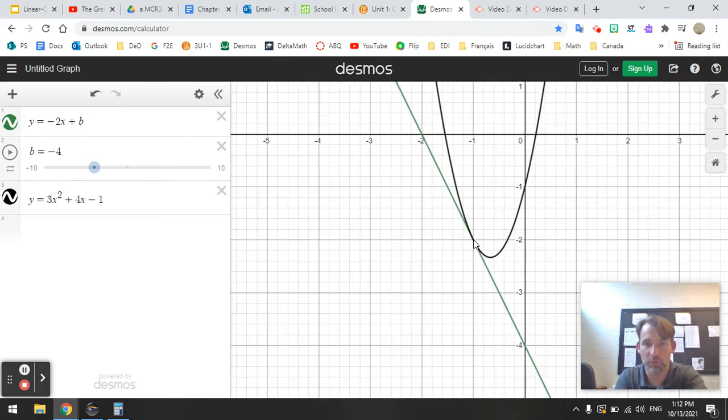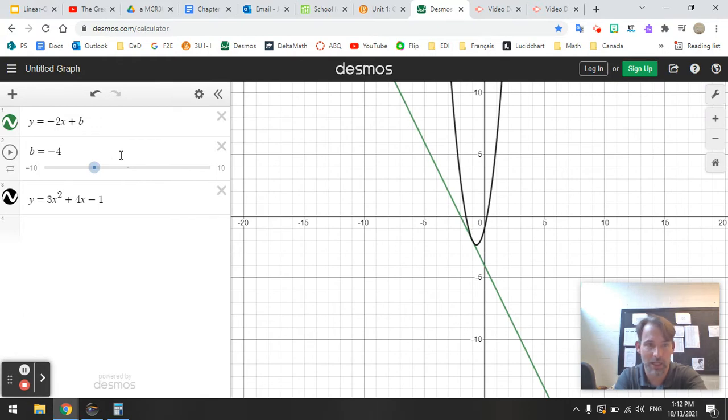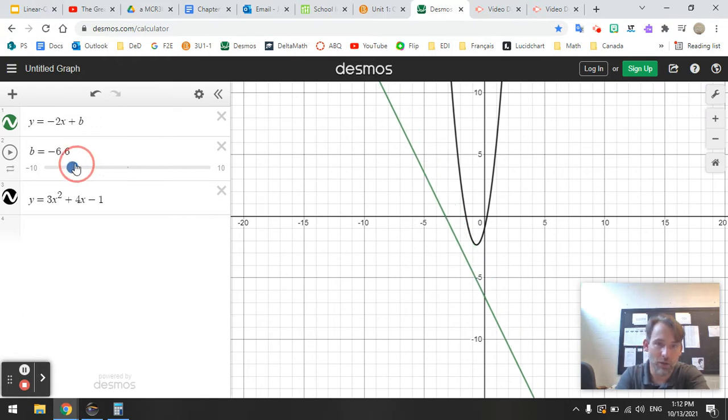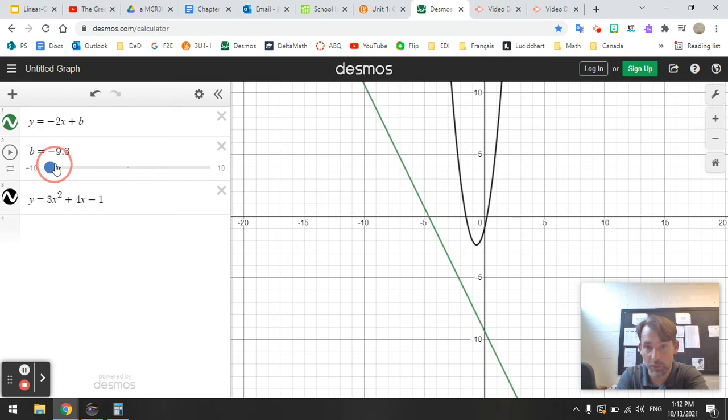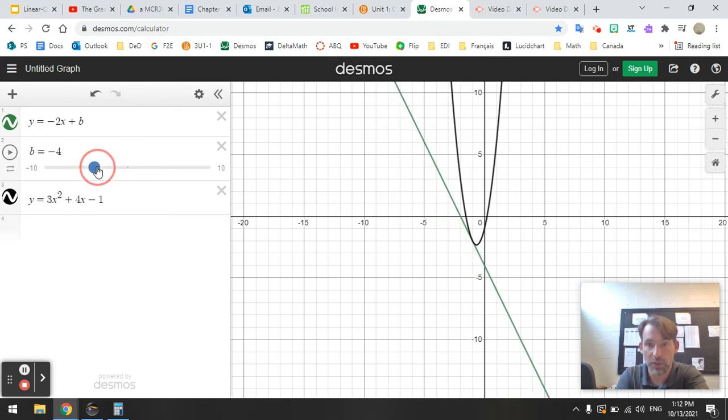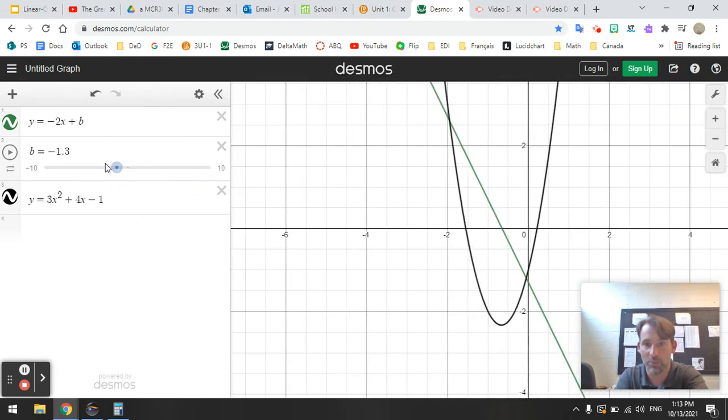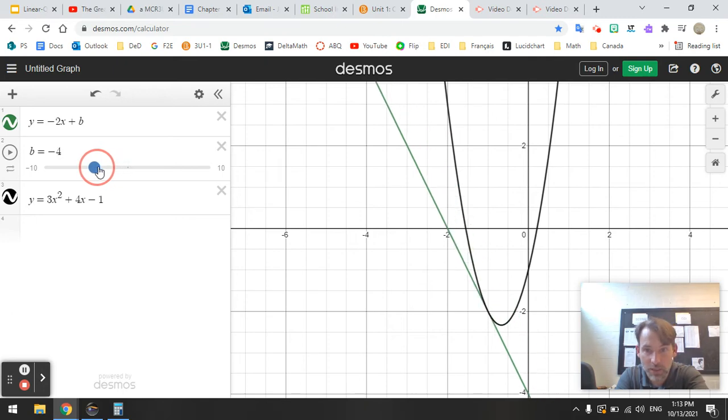But we want to prove that that's the case, that this is now a tangent line. And if we go too far down, or the b is too small, it won't touch. So what we're doing is finding a spot where there's one and exactly one solution. Anything bigger than that, and we're hitting the parabola in a couple of points. Anything bigger than -4 still touches at 2 points. I really need to zoom in, but you can see it there, and that's really close